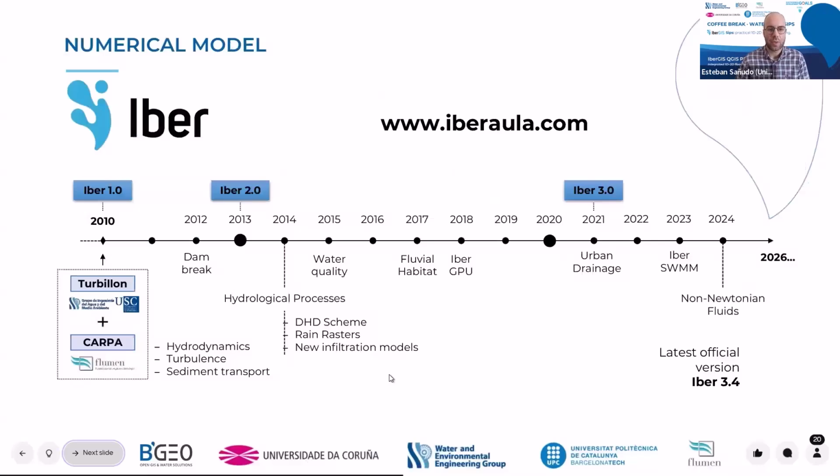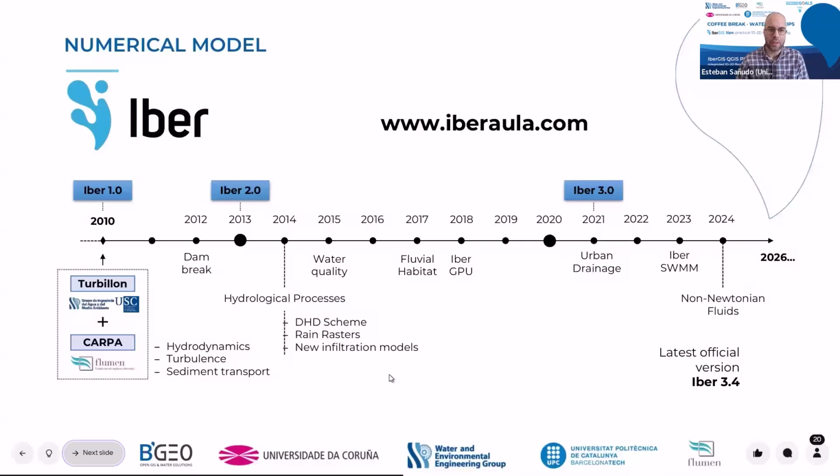Iber is a two-dimensional model whose first release was in 2010, so we have more than 15 years of age, and it appears as a combination of Turbillon and Carpa, which were two different numerical models that consider the hydrodynamics, the turbulence, and the sediment transport in this first version. Then Iber continues